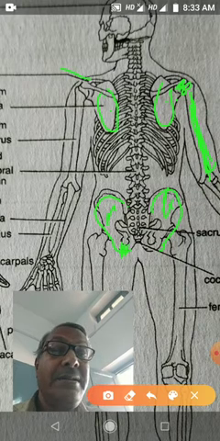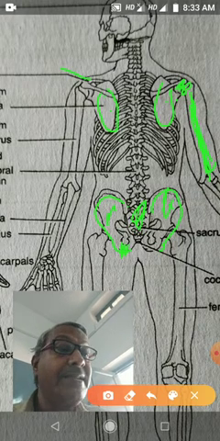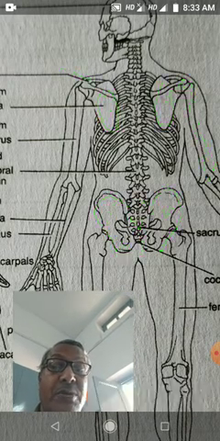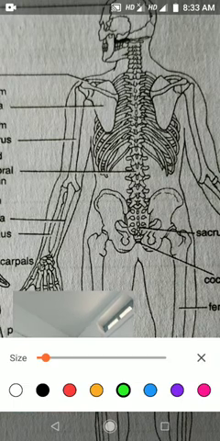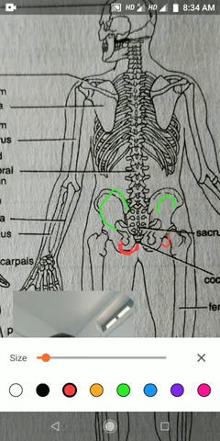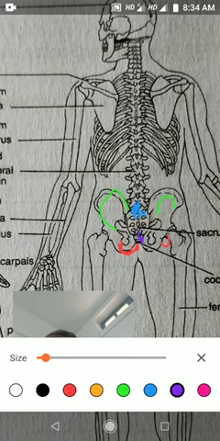In the center, this is the sacrum, and down here is the coccyx. So once more you see, in the hip girdle, what are the different bones? This bone is the innominate bone. Other you see, this bone is the pubis bone, and in the center this bone is the sacral bone, and downward here is the coccyx bone. So they are forming the hip girdle.